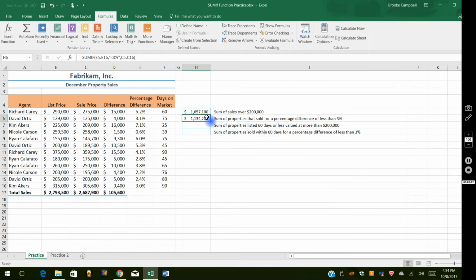So what it's doing, it's adding all column C, all the sales numbers here that meet this criteria in column E for less than 3%. So like this one, and this one, and this one, and this one. Okay, so I added all those up. Alright, so now let's click on